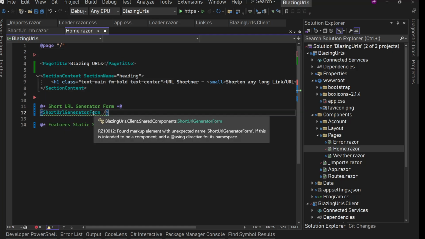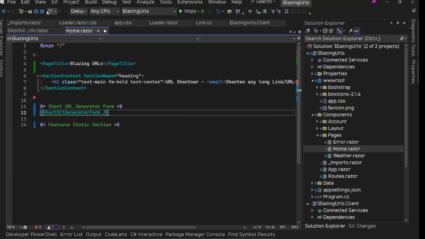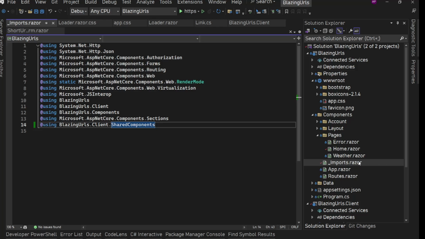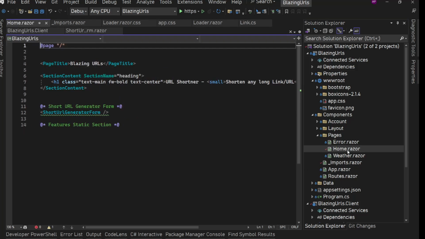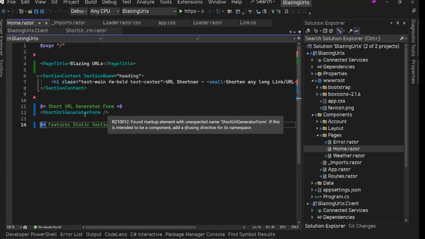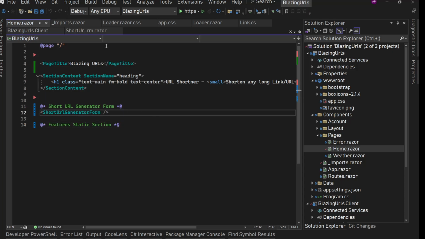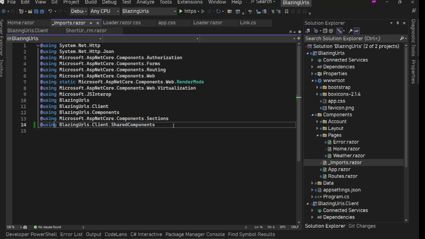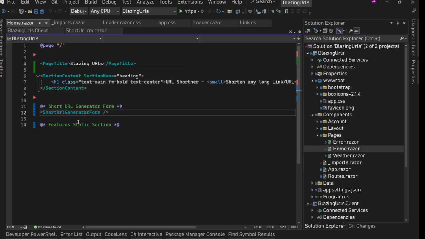Okay, now it is saying something. What is it? Found markup element with unexpected name short URL generator form. Okay, sometimes it just freaks out. If I close it and if I open it, at the rate using directive for its namespace, something is not right. At the rate using, yes, we have it, and it got fixed now. All right,